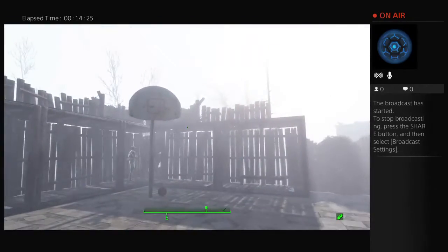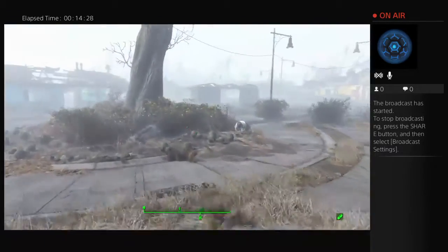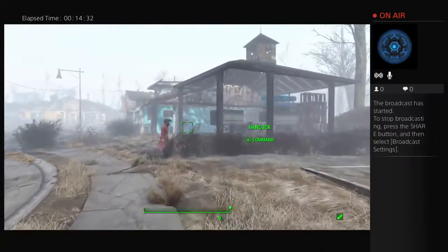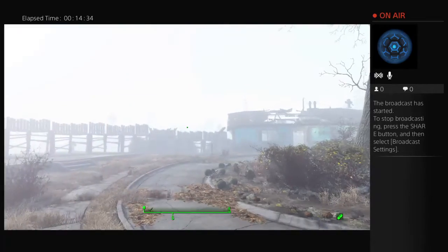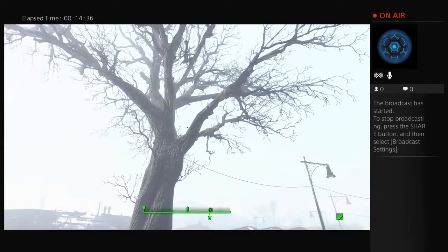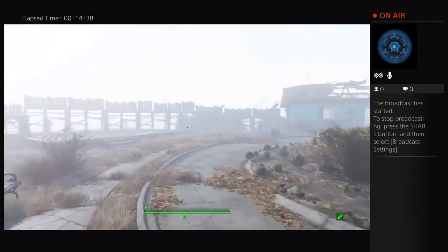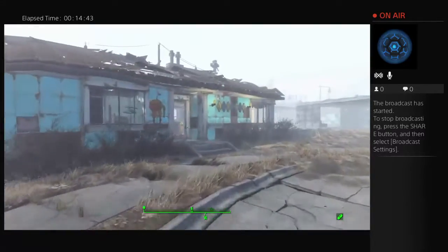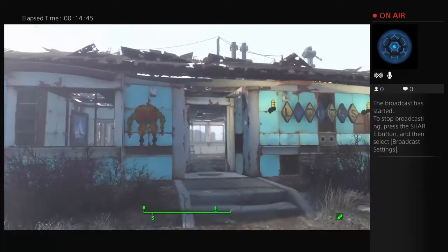We have a little basketball court over here. This is where all the food is grown in the center of town. It looks really nice at night because I have the tree full of lights. And maybe in my next video I'll run around here a bit in the dark so you can see it at night. And then I have the bar